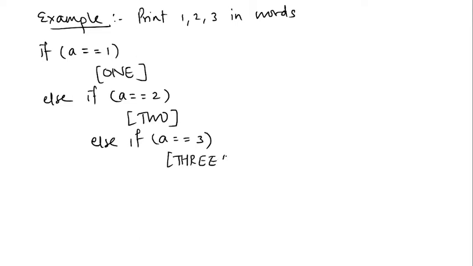Okay, else. Now maybe as per our condition, what all the possible cases, they are exhausted. So if it is not matching with any of them, that means it is not 1, not 2, not 3, it's something different which is not supposed to be the input. So maybe we can simply say it is invalid input because that input was not expected.